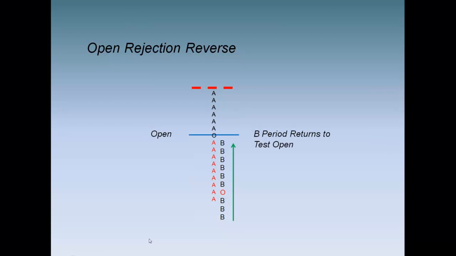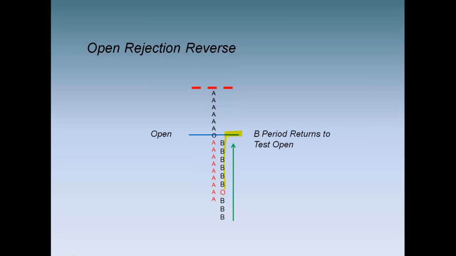All right, the open rejection reverse. Now let's take a look at it from the second period. So we saw what happened in A period. Let's take a look at, in our example here, what happens in B period. B period opens towards the low end of the range. So it's really telling me that, oh, things are getting bearish in the market. But notice what actually happens. It moves up again and comes back right to the open. And once again,